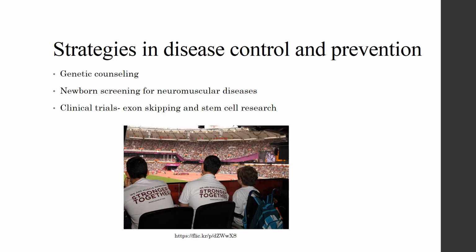Muscular Dystrophy Association is working with policymakers to make these screenings possible and accessible. Muscular Dystrophy Association is also working to try and establish clinical trials to test out experimental medicines or therapies that could prevent or cure MD. Exon skipping is a trial in the Netherlands and the United Kingdom, which is focused on skipping exons causing the production of more dystrophin and limiting the severity of symptoms. Research is also being focused on whether stem cells can be turned into muscle cells and repair any damaged cells.